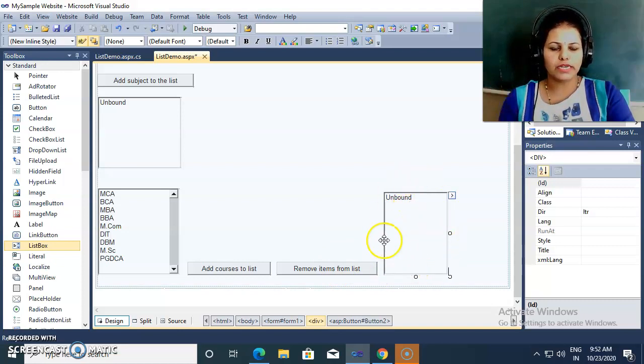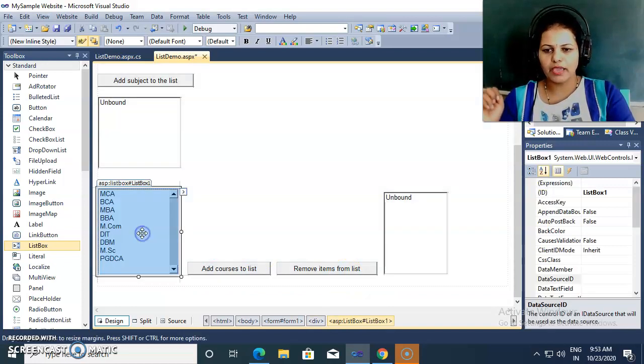Again we traverse this list box from the first item to the last item, and if that particular item is selected, then we need to remove it from this list box. So inside this button we remove items, and inside this button the logic is we add that particular item. In this video we see the logic behind this button, and in the next video we see the logic behind this button.